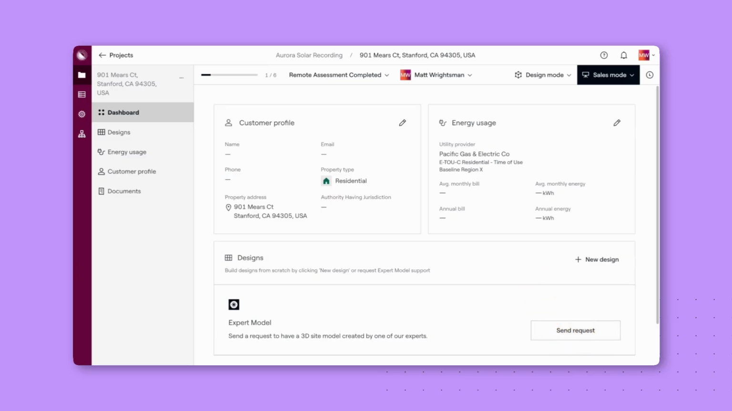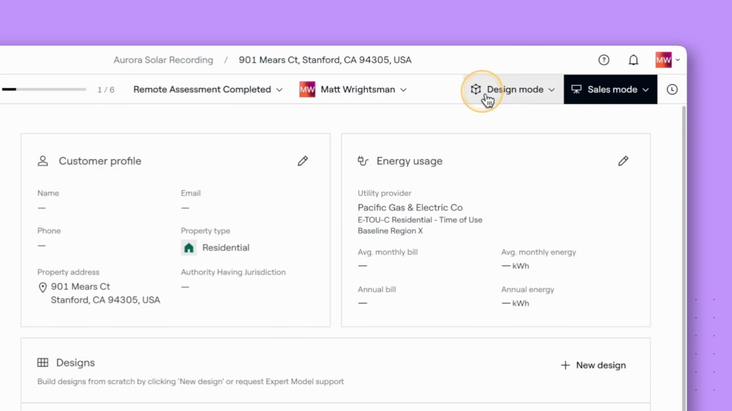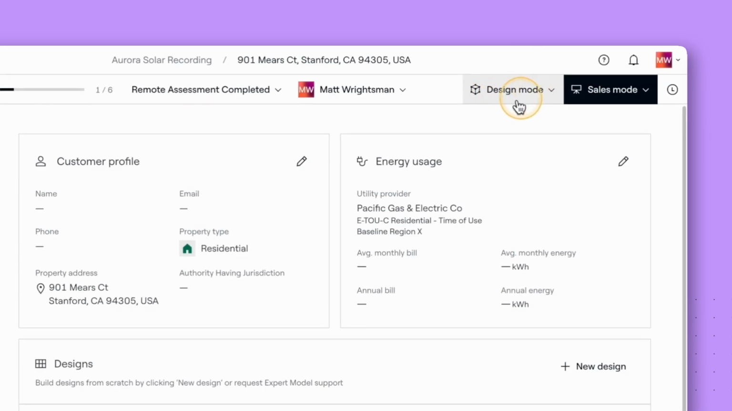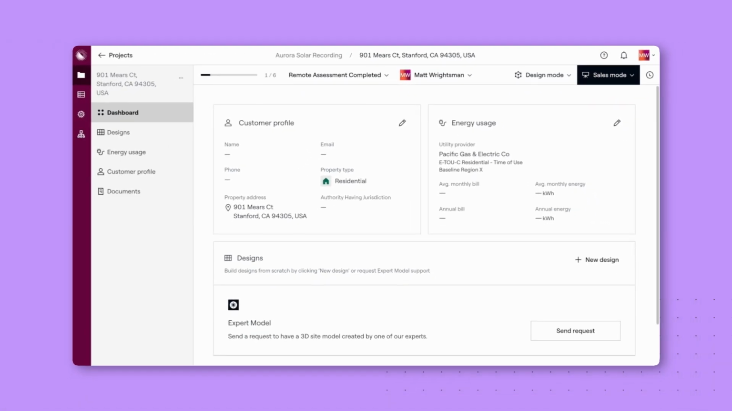Within each project, you can go into design mode or sales mode. Design mode is where your designers or engineers can create or edit 3D models and design the PV system to a high degree of precision. And sales mode is our interactive proposal tool where sales reps can present live with the homeowner and make edits in real time. So first, I'll jump into design mode, but before I do that, let's add in this customer's